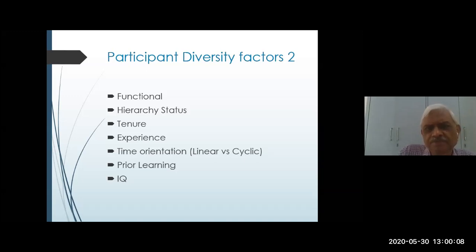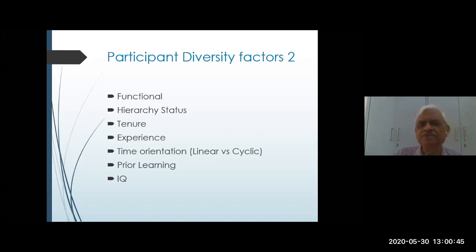Say, for example, you are doing a program on Excel, and the people are from operations, and you are giving them an example from the finance area, they will say, ये तो हमारे काम का नहीं है. But then you have to have 2 or 3 examples which are from different functions. So depending on which type of group you have got, if there is a functional diversity, you will have to keep the content aligned with those functions.